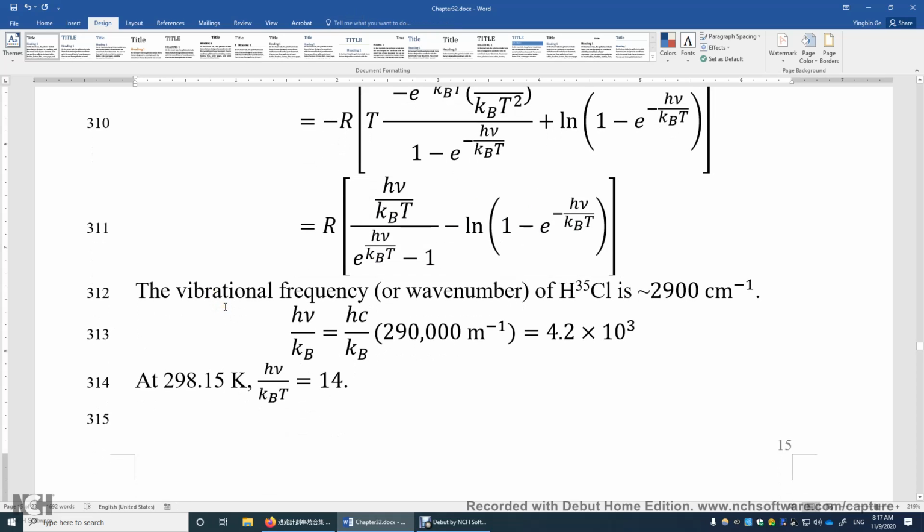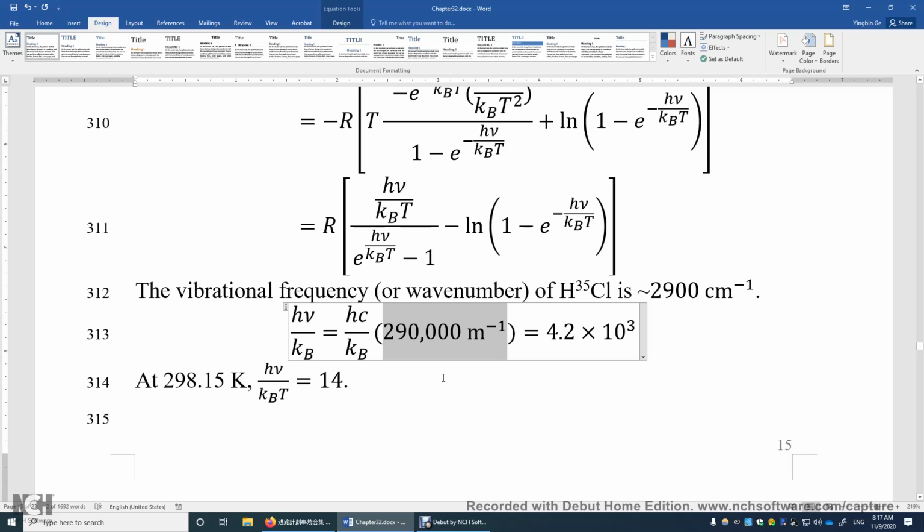Now let's calculate the vibrational molar entropy for HCl. We need to know the vibrational frequency or vibrational wave number of HCl. The wave number is 2900 wave numbers. You need to convert this to the SI unit. So it's actually